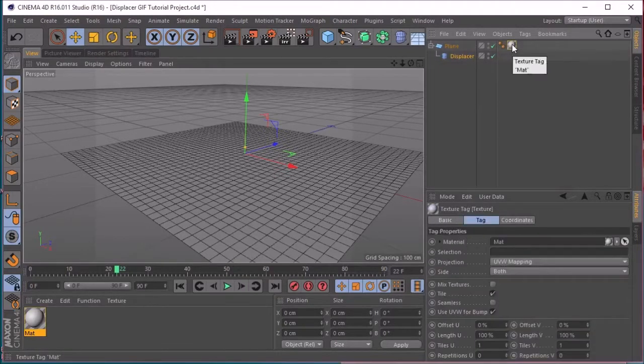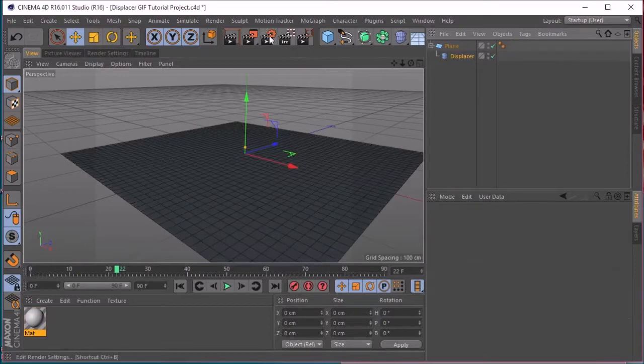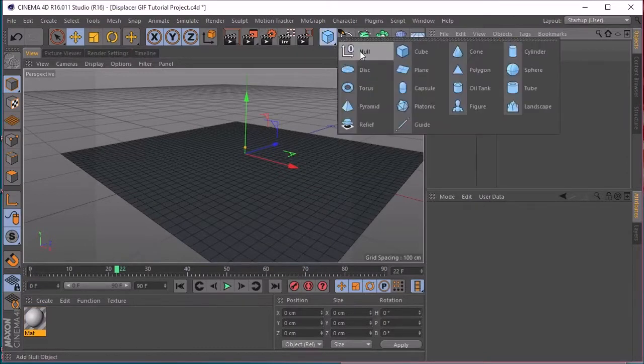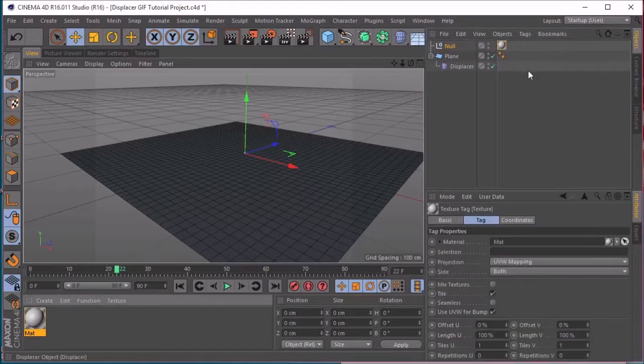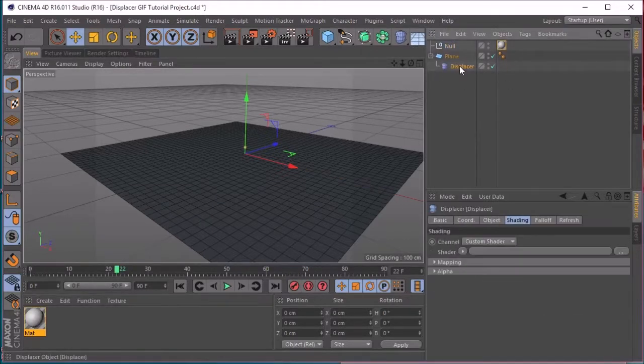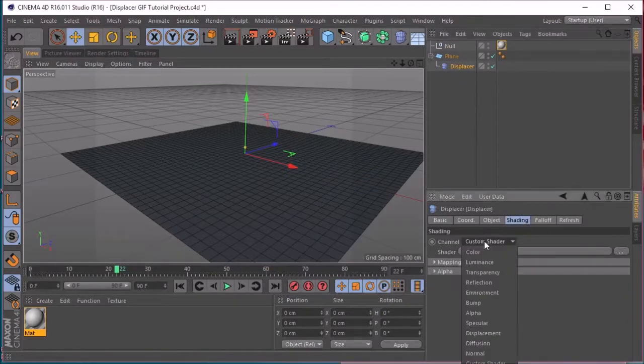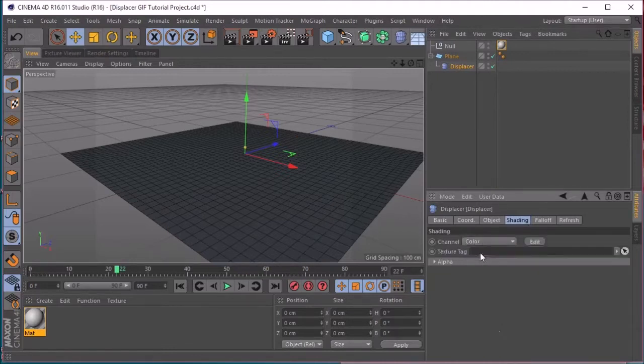and let me actually get rid of the texture tag here. I'm going to create a null object that I can take this material and place it on. Click on Displacer here, and under shading, instead of using noise or something like that, like you might have done in the past, we're going to use the color channel, and then take this texture tag and drag it right